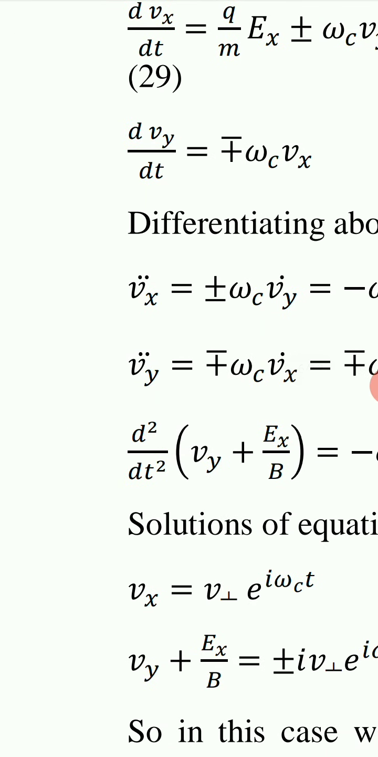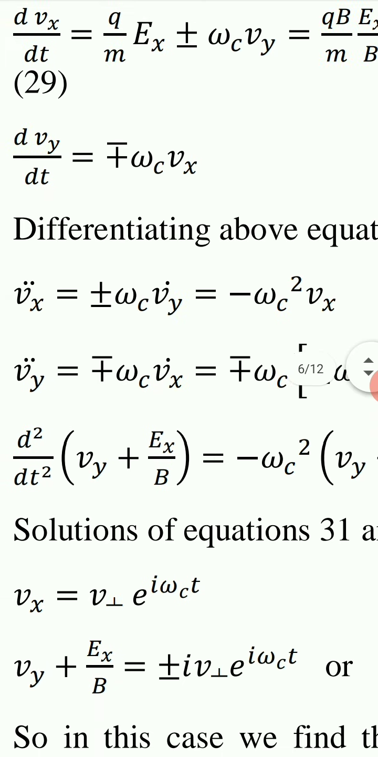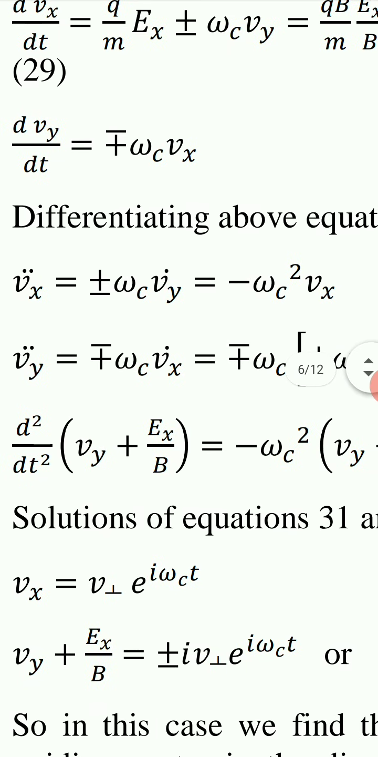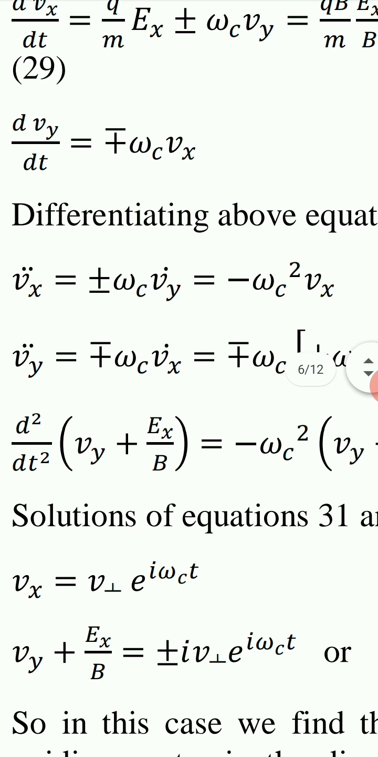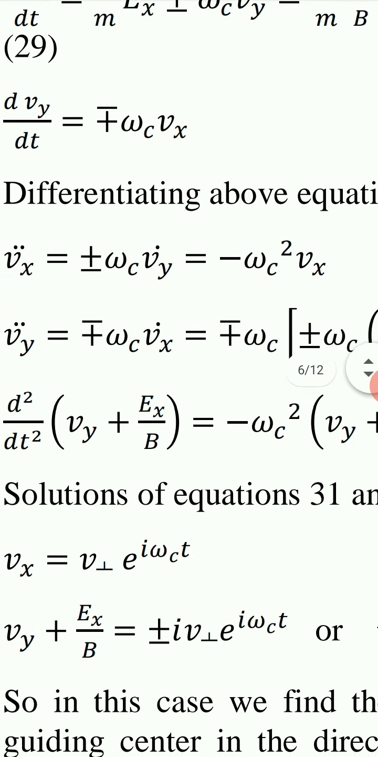This is Vy dot, that is dVy upon dt, and it is equal to minus plus omega c Vx. So substituting the value of Vy dot from equation 30, we get Vx double dot equal to minus omega c square Vx. Similarly,